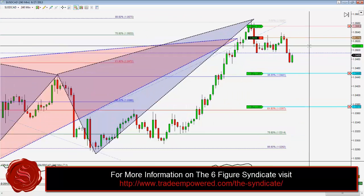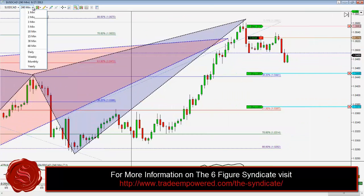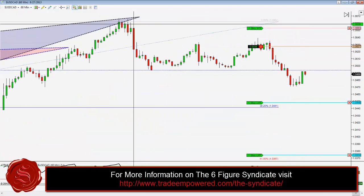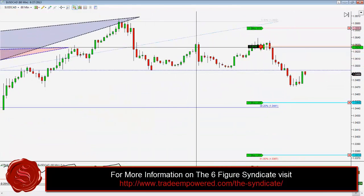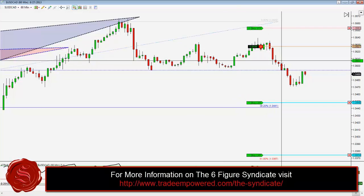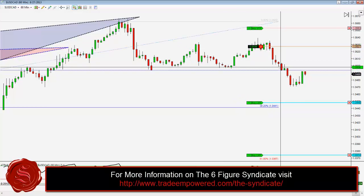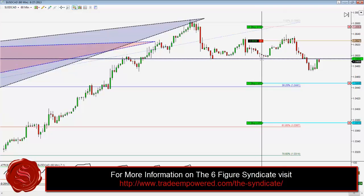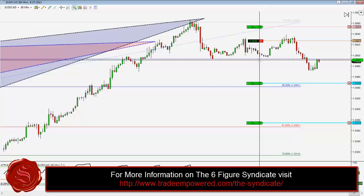But I was watching Canada on the hourly chart, and we came to a really crucial decision point. We were channeling right here. You can see the market came down, hit this level, bounced up, spiked it again, bounced up, and we spiked it one more time. And I said this would be a key decision point, because if we can break and close below this level, this would be a very good sign for our trade. Again, just basic structure analysis,